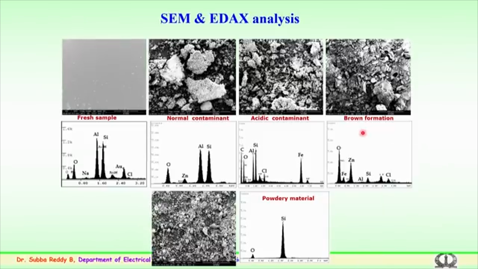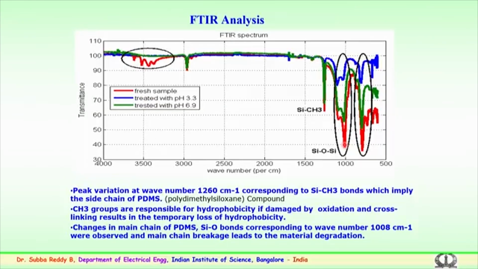Here again, several surface morphological studies have been conducted on the sample surfaces, and the composition or surface conditions for various samples or contaminants have been noticed, with the results interpreted using Fourier transform infrared spectroscopy. You can see a lot of changes here, the peak variations at wave number 1200, particularly where the silicon-oxygen and silicon bondings are. These bonds imply the side chain of PDMS, polydimethylsiloxane, and the peaks which are reducing give an indication, as mentioned earlier,